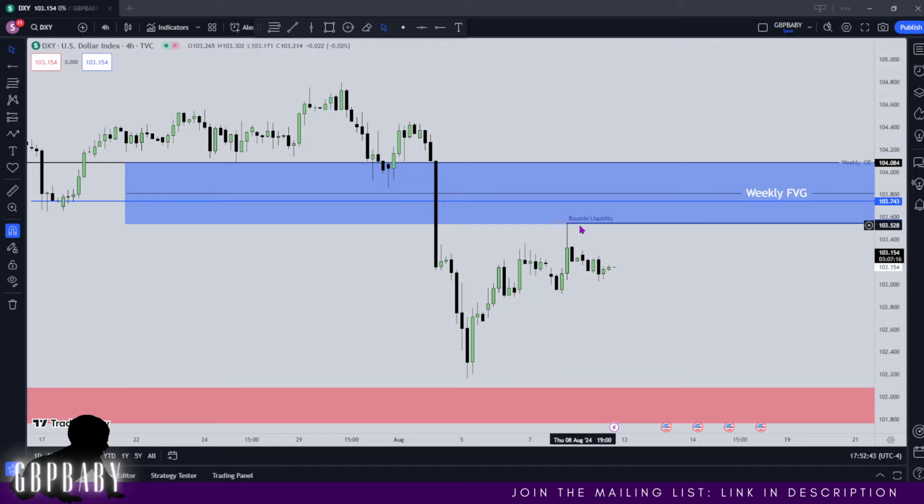Now let's say price doesn't take it at all on Monday. If Monday, Tuesday, Wednesday doesn't trade into this buy side liquidity, then that means we're likely trading lower first and then coming back to it, maybe on the back of CPI or towards the end of the week. So this is another way I help frame my bias. Although I want to see this buy side liquidity get taken first, if it doesn't take it first and it